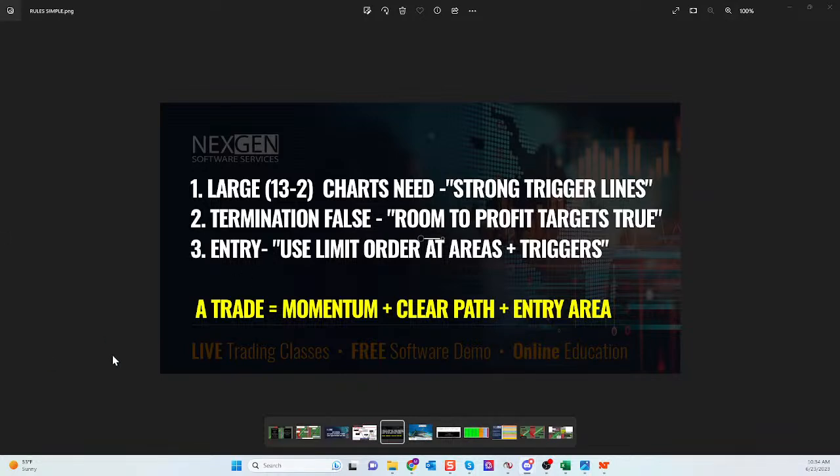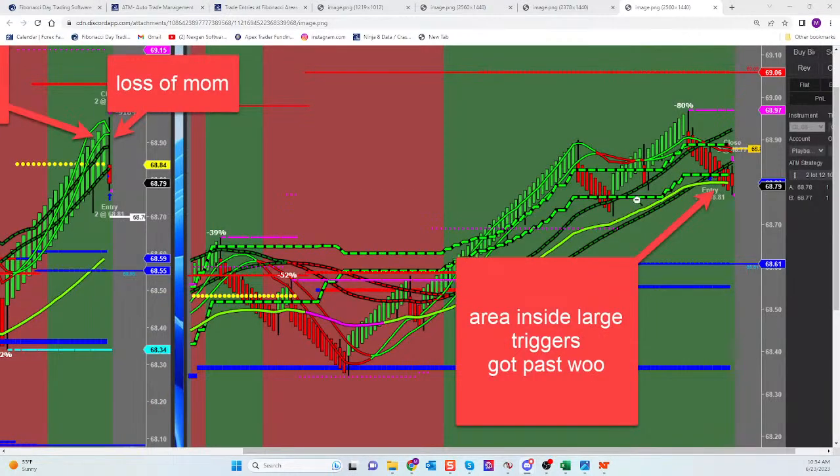As a new user, when you grow with the software, when you get more comfortable, you'll know when it's cool to take this trade, right? But now I don't have a clear path. Now I have a loss of momentum. Now I have small triggers working their way inside of the large. Guys, this is a lower look, right? You give it a little bit of risk. It's going in my head too, Joel. It's not just for you, it's for me.